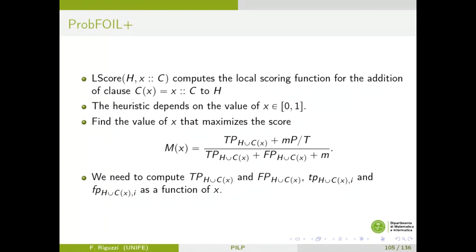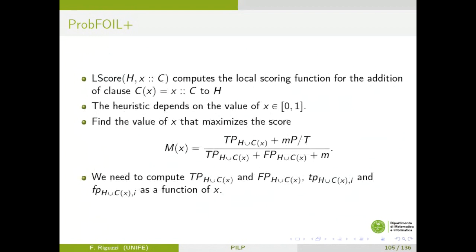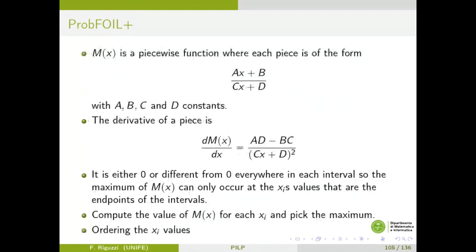So this quantity here, TP_H, the quantity assigned by the hypothesis H to example I, which is based on the probability of example I assigned by hypothesis H, depends on the value of the parameter of the clause. So in order to compute the local score, we need to find the parameters. And the parameter in this case can be found in a very simple way, because you don't need to perform knowledge compilation, build BDDs, build the NNF. It is enough to